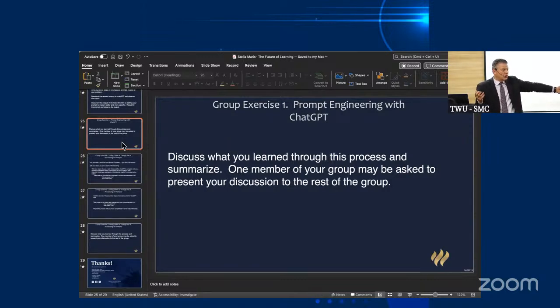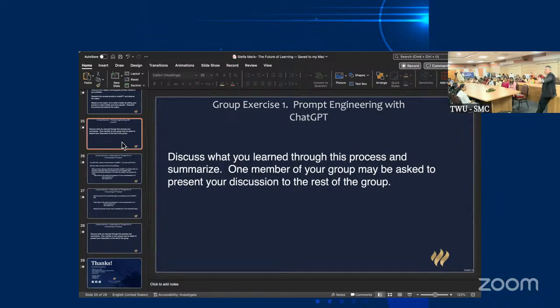Two things you did today. One, you all downloaded Perplexity, and I hope you'll use it. I use it all the time, at least every day, multiple times a day. The second is prompt engineering. It's not hard. I'm going to talk about another exercise for you to do, but I don't think we have time, so I'll go through what I'm going to do, and you can try it on your own.